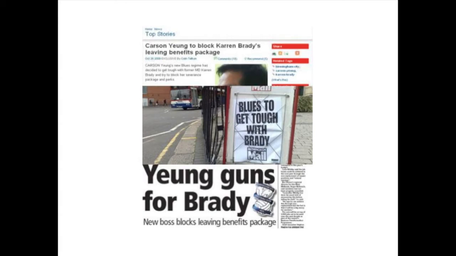The middle example, obviously, is designed to be driven past or walked past. And then the top example is an online headline where we've got the full name of Carson Young, the full name of Karren Brady, and a bit more detail for two reasons. Firstly, because there's not the same limitations of space that we have in print. And secondly, because we need search engines to properly understand what the story is about, and also people who are searching for these terms.